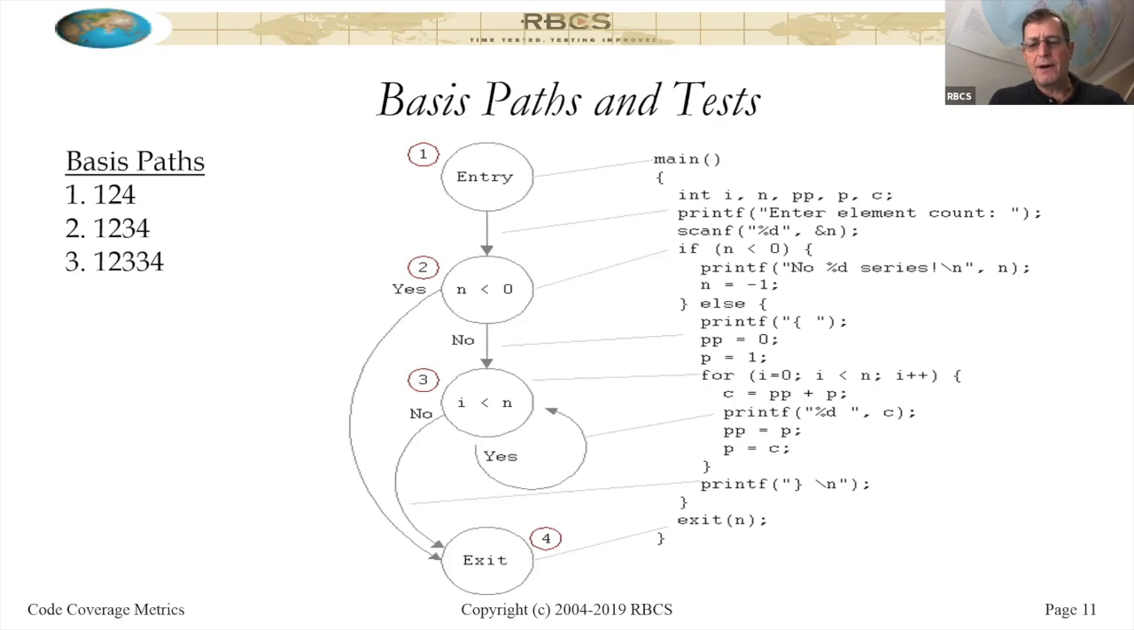So the McCabe algorithm would say that we should test with n equals some negative value, so -7, n equals 0 to not do the body of the loop, and then n equals 1. Now notice there is kind of a weakness there. N equals 1 is not a particularly interesting test. N equals 20 is a much better test, but McCabe is